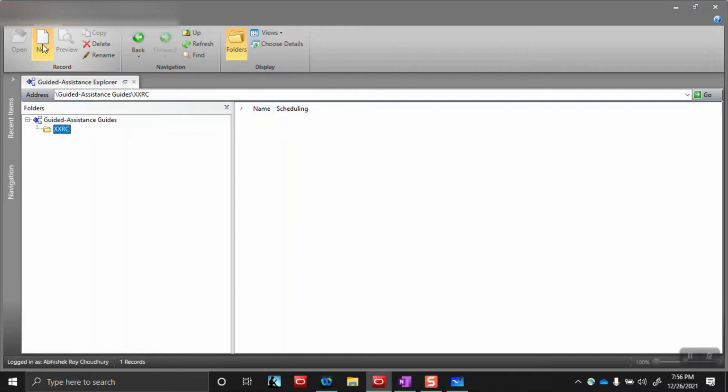Otherwise, we will tell them to return the product. And similarly for the software, we will either tell them to restart the machine or return the product if the restarting has not worked for them. Okay, so this is how we will be creating the guided assistance. So we click on new,